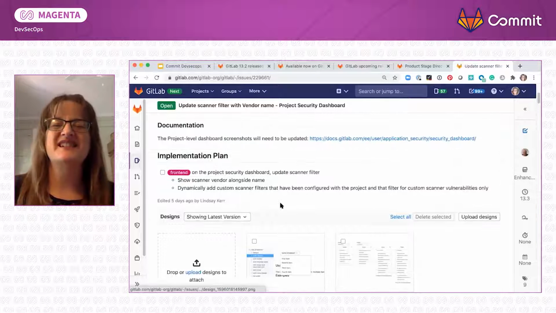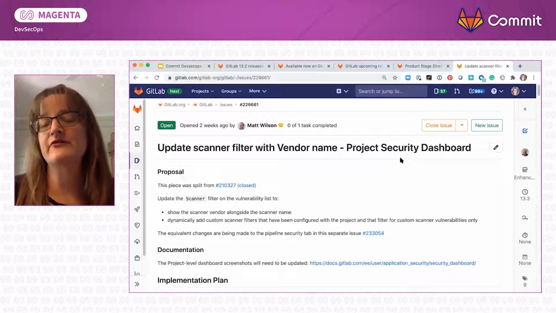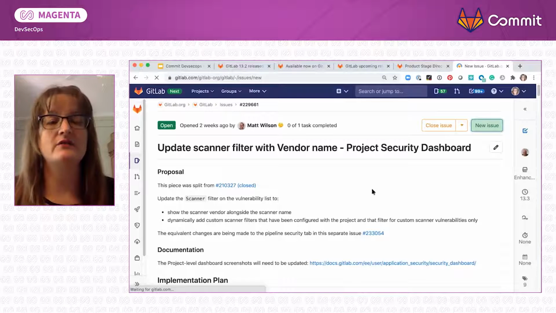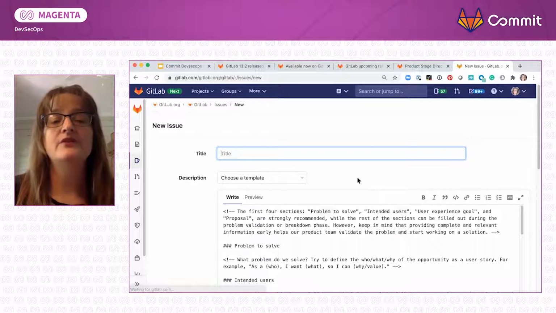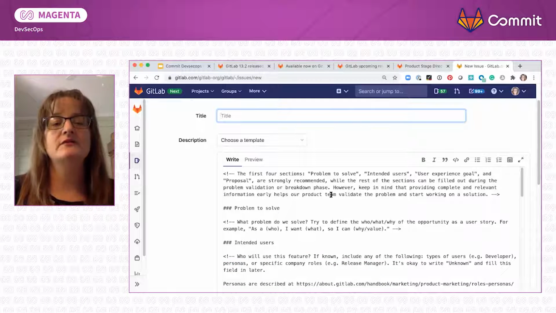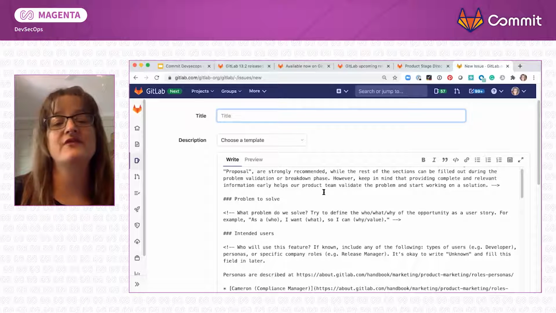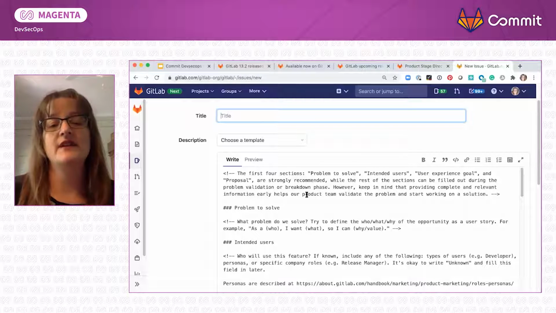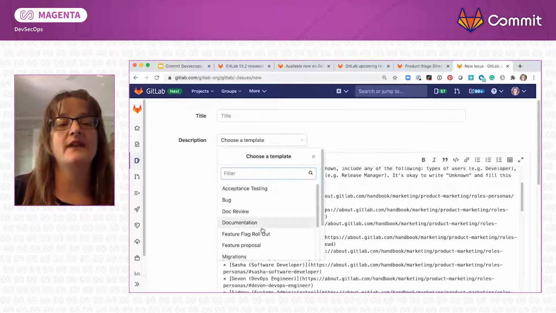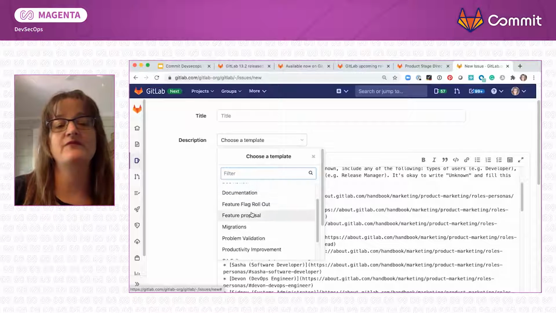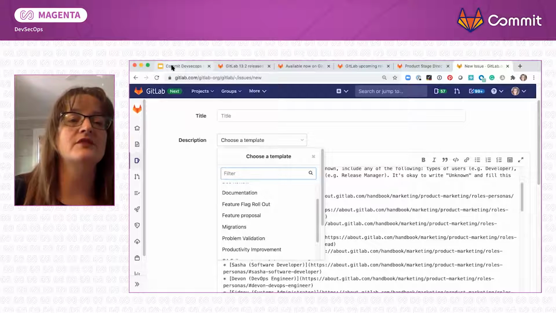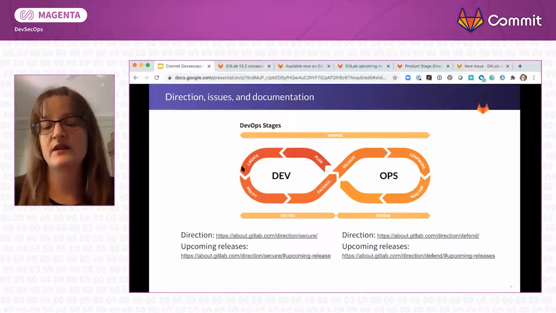Let's say, though, that this wasn't exactly what you had in mind. You've got an idea for something different. Well, see this new issue button? You can create a new issue yourself. So not only can you comment on what's already there, but you can open an issue yourself. And this gives you some advice on what to fill out. So this template here is, I've got a proposal for a new feature. And this gives you advice on what to do. To pick that, I've picked a template and I've picked a feature proposal. So simply submit that, and it goes straight to the engineers and the product managers for consideration,